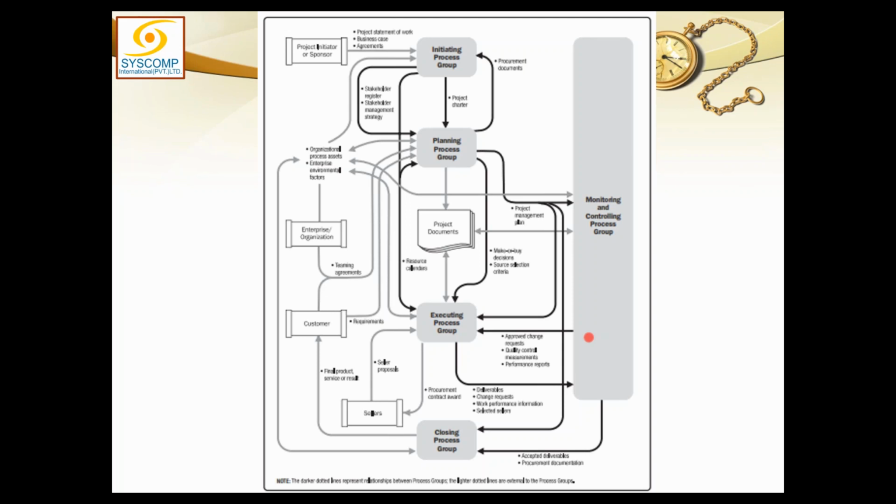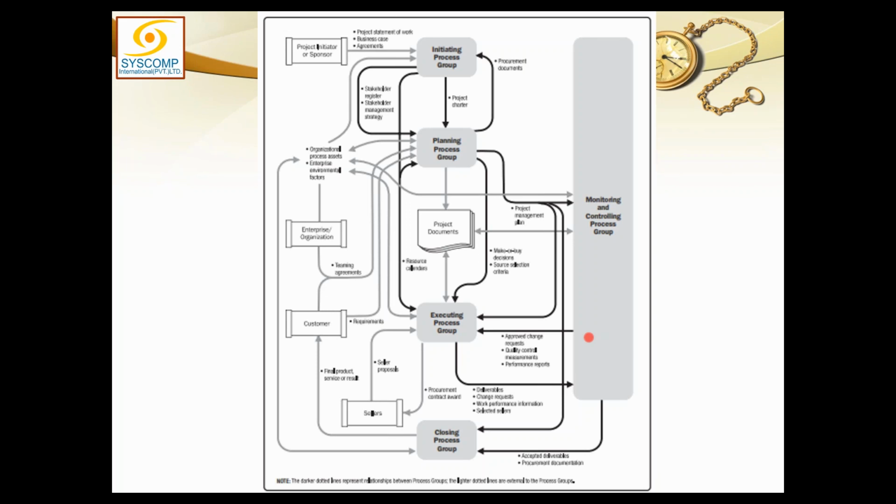Moreover, after the analysis of the work performance data has been done, the results of that analysis would be called work performance information. So every control, after it has analyzed that data, converts it into work performance information. So if there are 11 processes here, each one of those processes would be outputting work performance information.